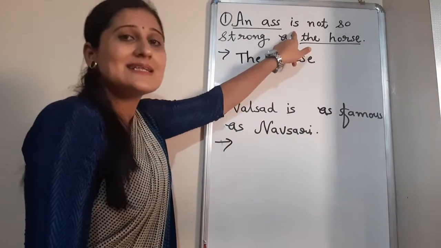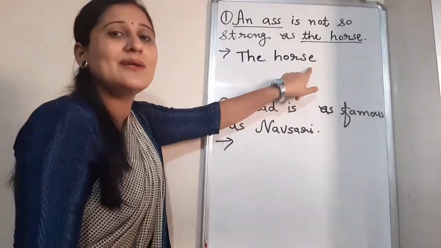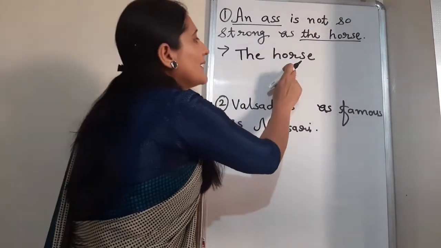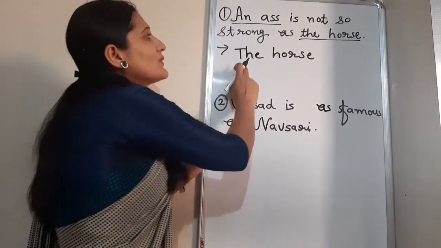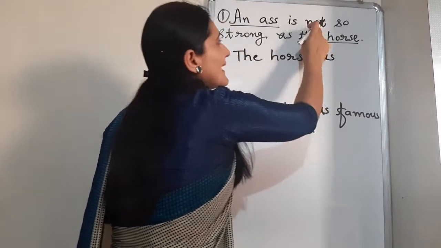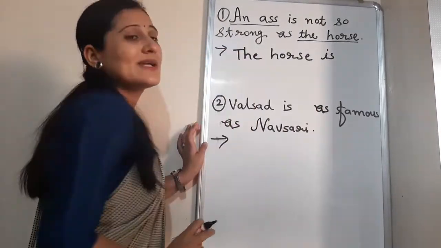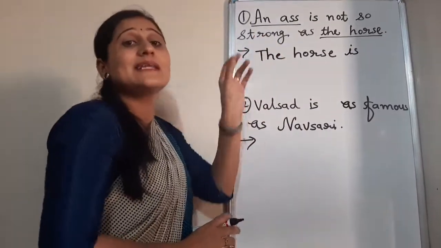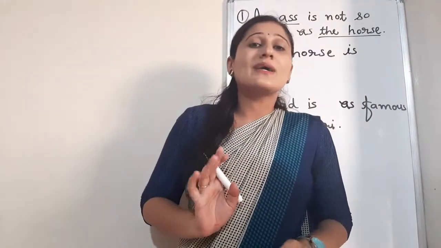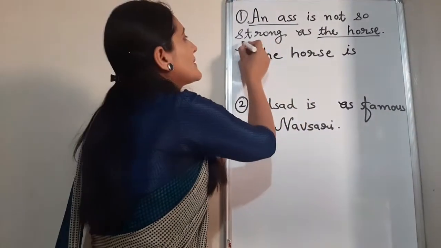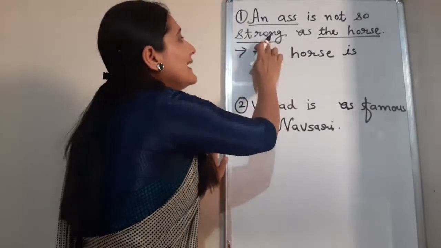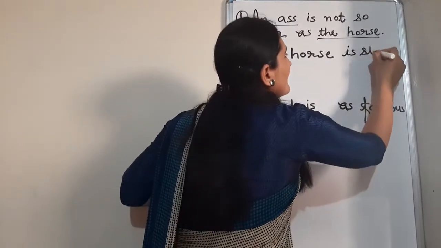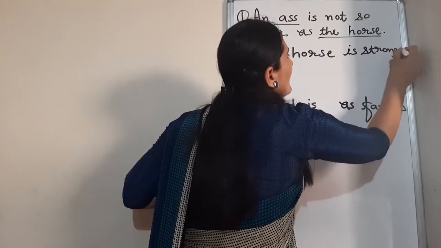And this sentence is negative, so our comparative degree will be positive. See, this is positive degree, negative itself, so comparative degree will be positive, right? So the horse is, because negative, so positive is, then after what is our rule? Er at the end of the adjective, right? So here which is the adjective? This is very important. You need to find out where the adjective is. So here strong is an adjective. So we need to add er at the end of the adjective. Horse is stronger.